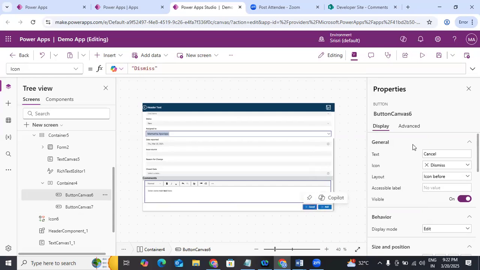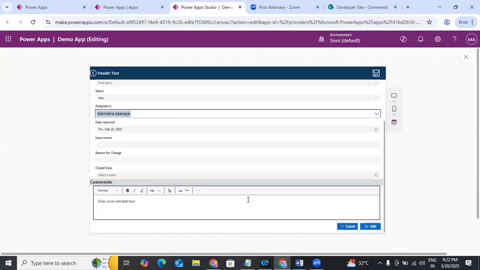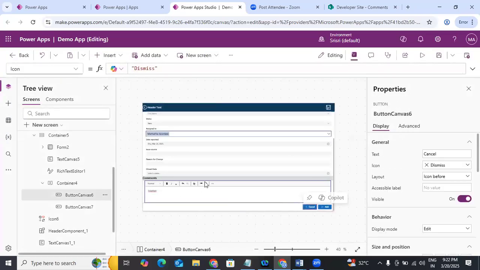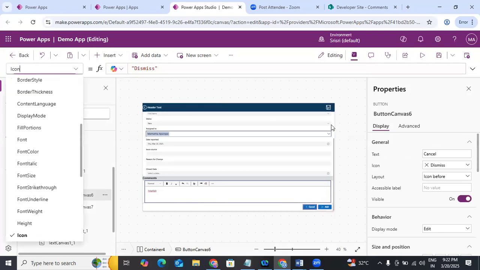Send I'll take. So on click of cancel, what I want to happen is whatever the entered text is there, right? On click of this cancel, I want to reset this one. So how can I do it? On cancel, I will reset this form, reset this control. So what we can do,